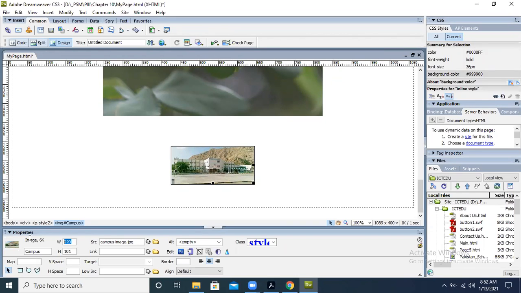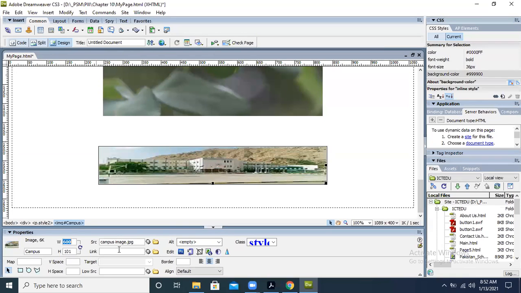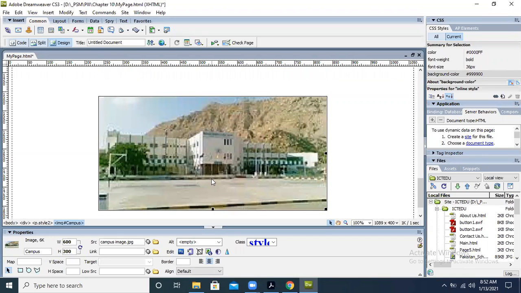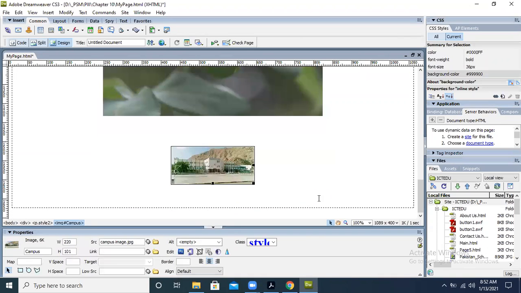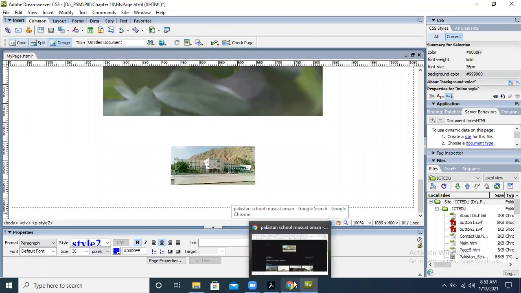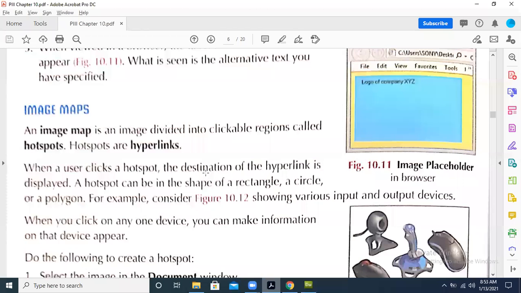our requirement, for example, I make it 600 by 300, just giving an example. So we can make changes since the image quality is not that good, hence the image is not looking that good right now. So we can make changes according to our requirement. Fine. So in this way we can insert the image in a placeholder. Nothing is difficult, no problem is there in it. You can do it quite easily.